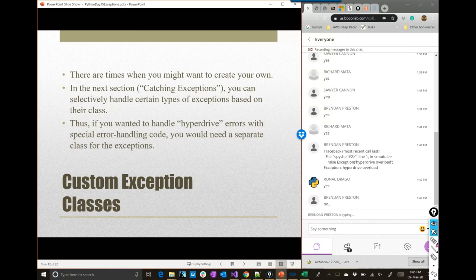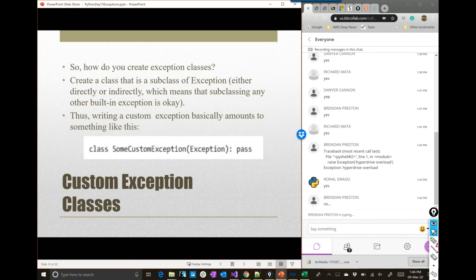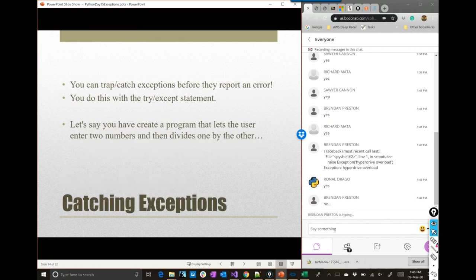You can actually make your own custom exceptions. These would be used often when you're making a class. Maybe there's an input that you wouldn't want them to do, and so you might make your own exceptions that you might raise. So inside of a set method, you might check to see the value they're setting. If they set something that's incorrect, you might want to create your own exception. So if you want to create a custom exception, you could do something like this: class some custom exception, and note that